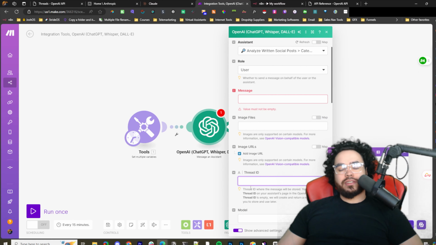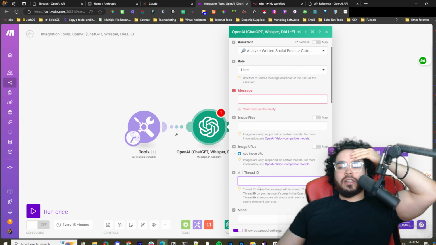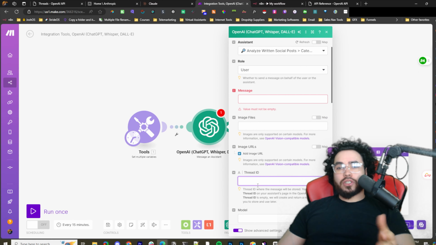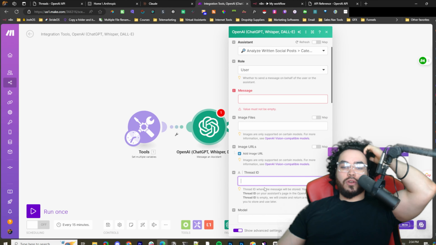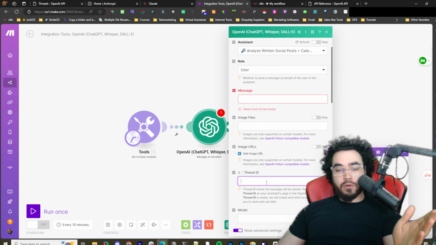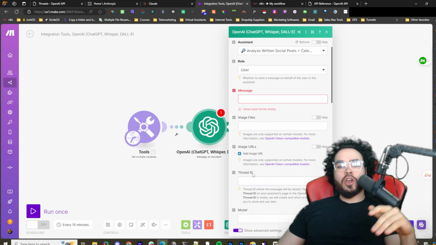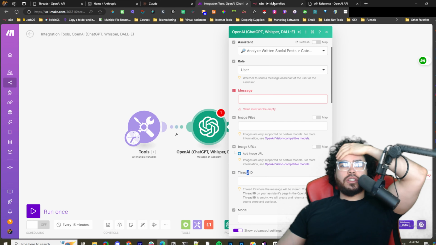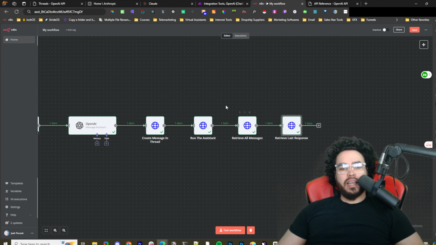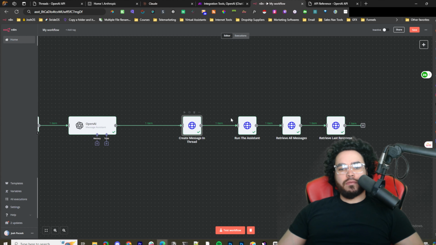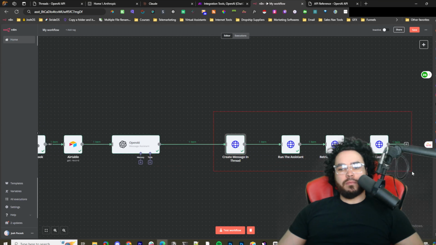And here is the main thing that, at least right now, I'm going to show you what I did, and you're going to see the workaround I found. If you know any other way, you can let me know in the description down below. But they have this thread ID. So essentially in n8n, for example, or really anything else, maybe where it doesn't have that thread ID or whatever the case may be,